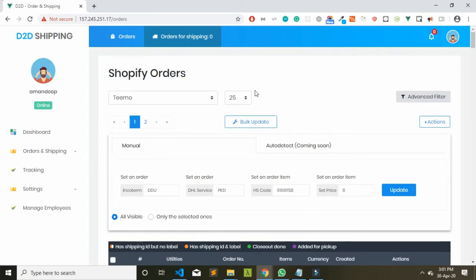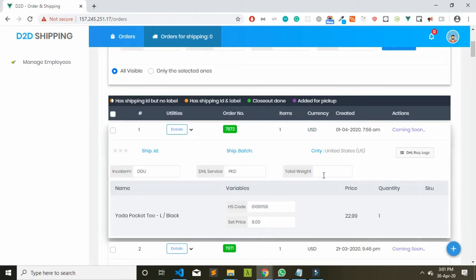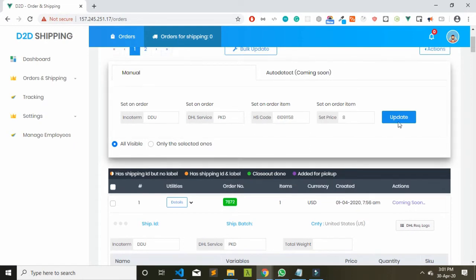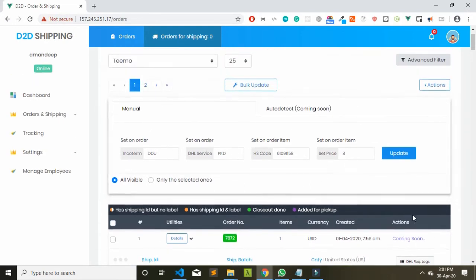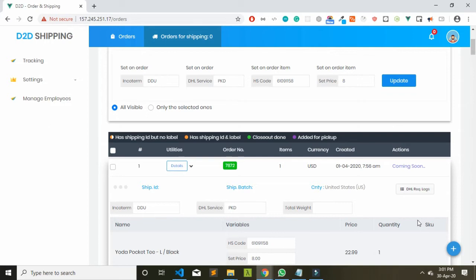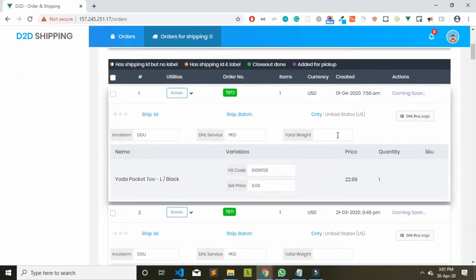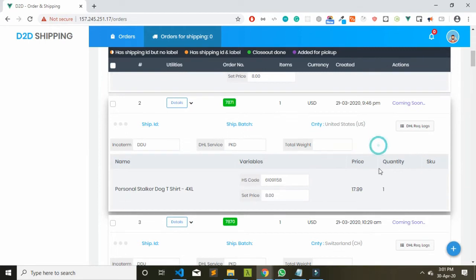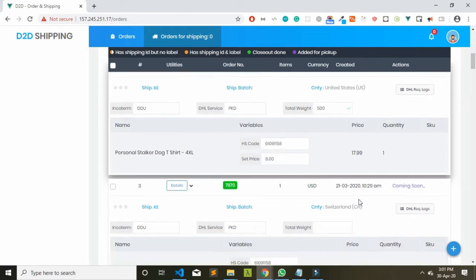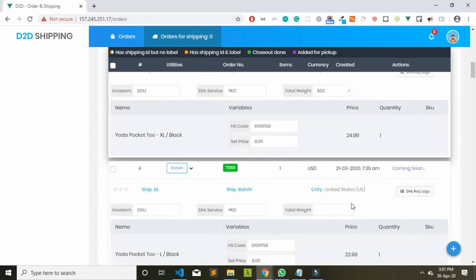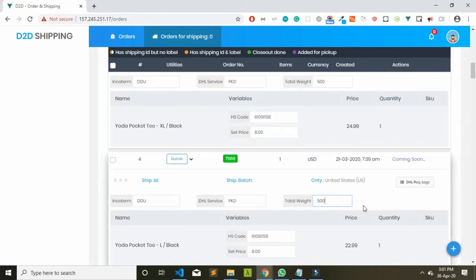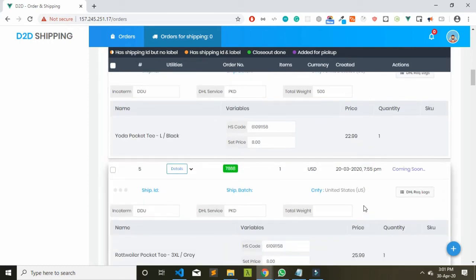So currently there are 25 records that are selected over here from the TIMO. The next thing that I have to do is, I can do everything altogether here, but when it comes to weight, those are going to be different. So you have to come over here and enter those manually right now. In future we can think of something quicker, but right now there is no other way than to just put it in manually. So let me quickly put it in, and then we will come back.